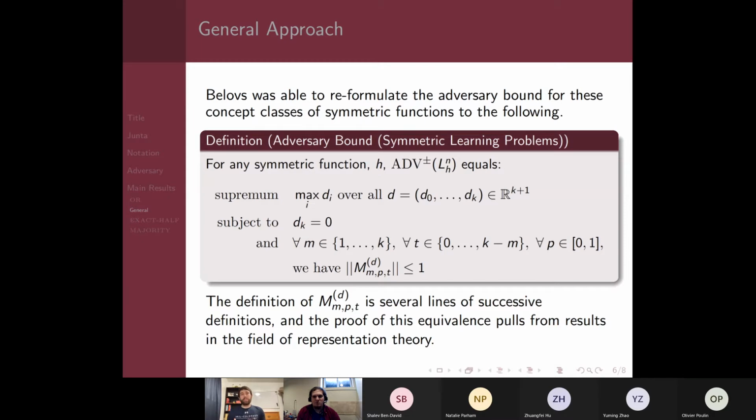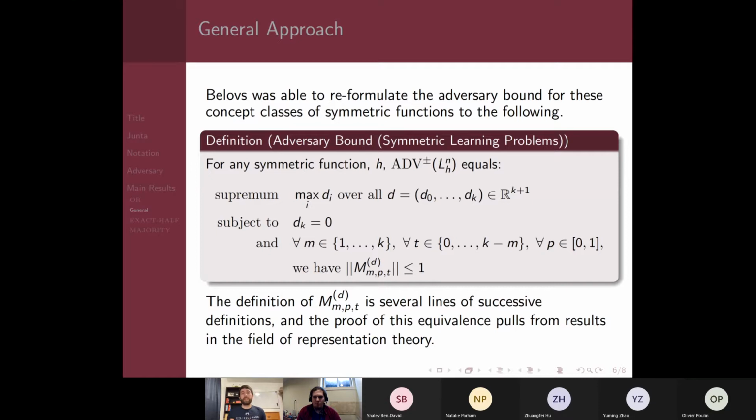That for any symmetric function h, the negative weighted adversary bound of h, or LHN, is equal to the supremum over all lists of real numbers, and it's just the maximum real number in that list, subject to these constraints: that the last real number in this list, the dk value, is 0, and for every integer m from 1 to k, for every t from 0 to k minus m, and for every probability p in (0, 1), we have a spectral norm of this